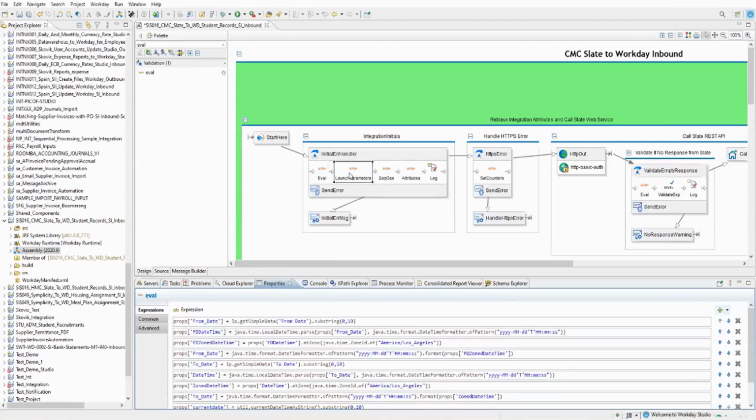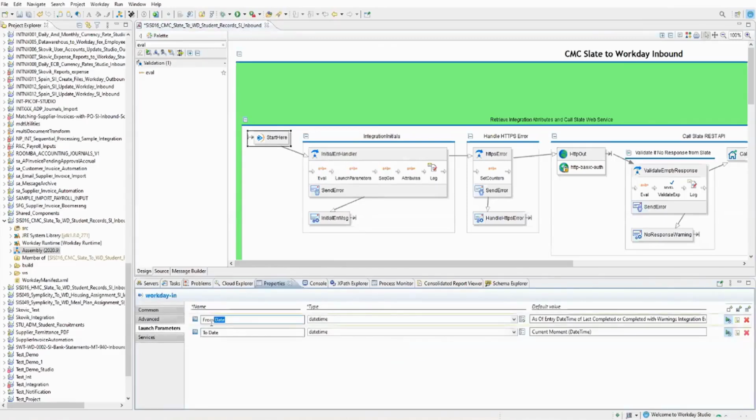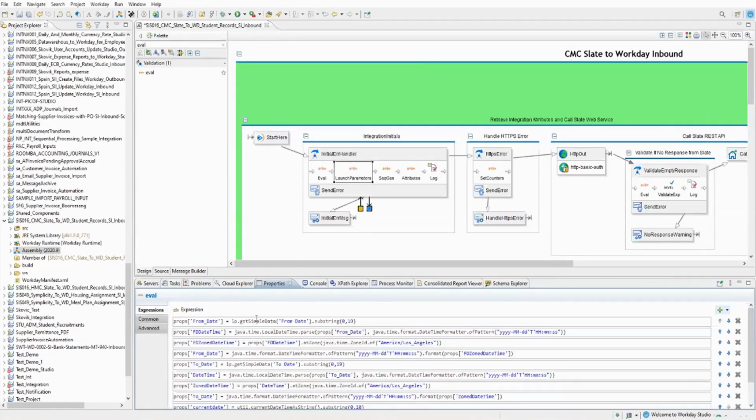So for example here, in my Start Here I have launch parameters from date and to date. Both are date time. So what I will write here is LPGET simple data from date. I'm getting it as data because my requirement was different.